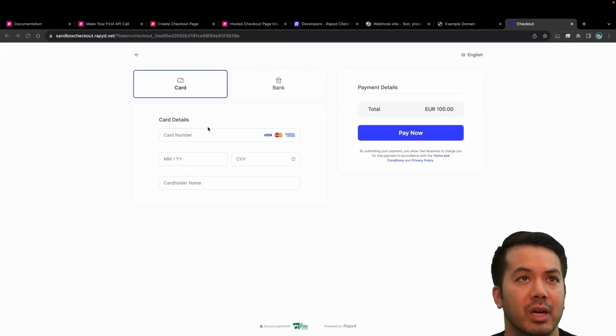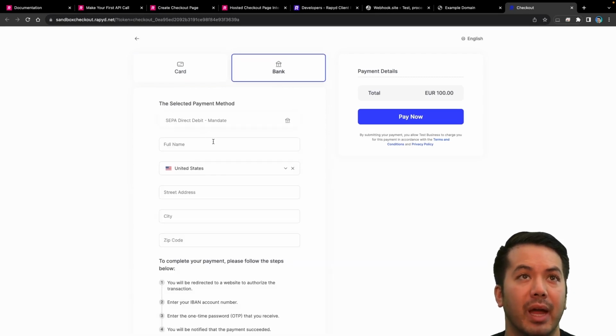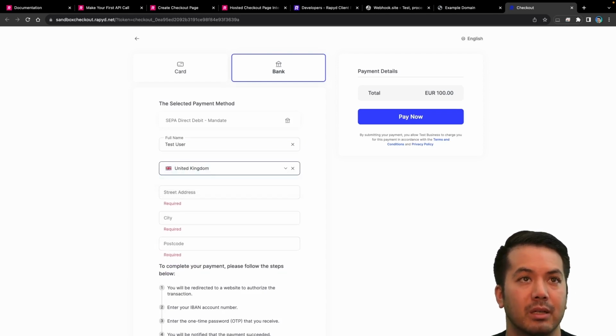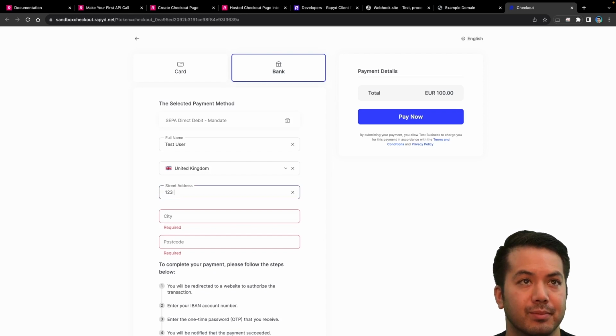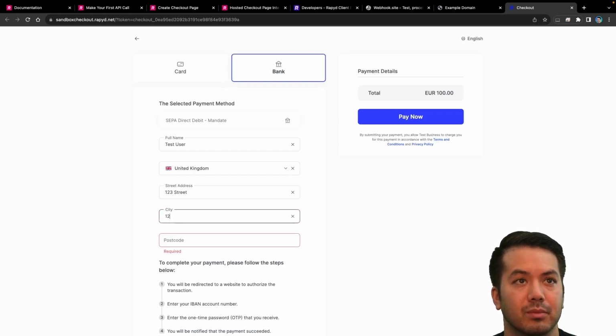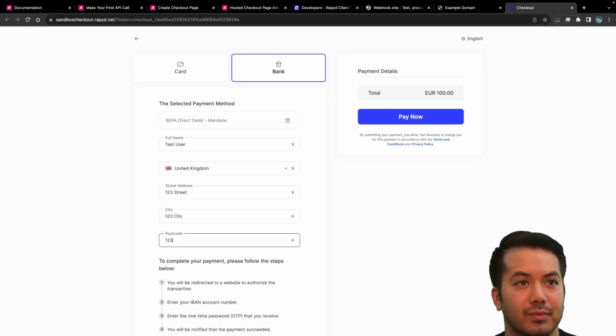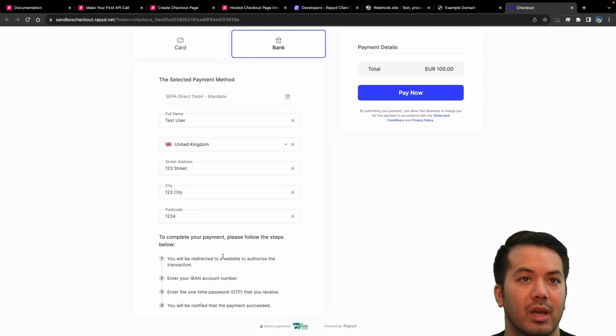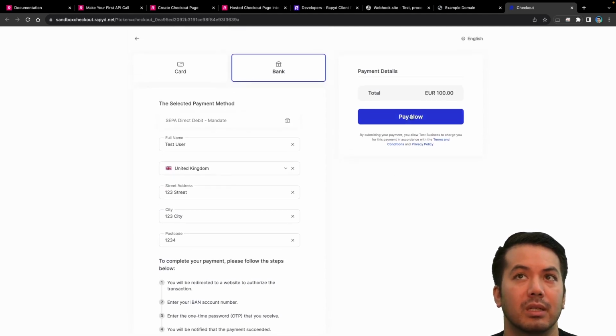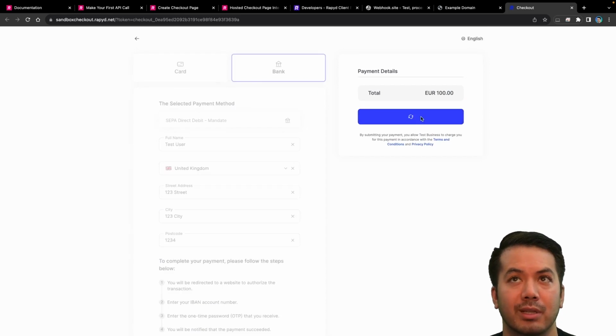And so again, we see a card that you can pay in euros. There are different options available depending on what you input. And then bank. SEPA is widely used throughout Europe, so we can do that. Another name, let's say we're in the United Kingdom. Of course, this is sandbox information. And as we send this, this is just a $100 payment, but